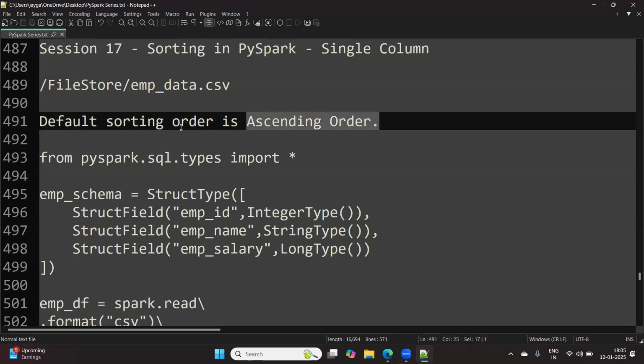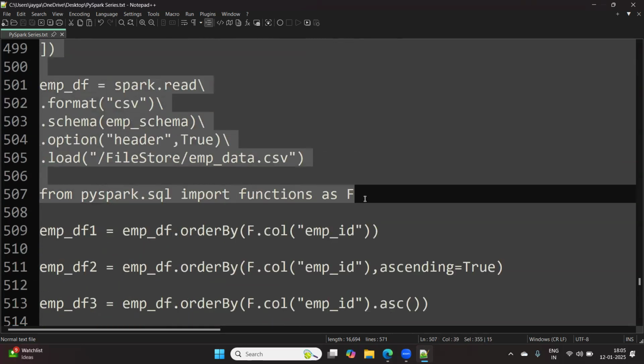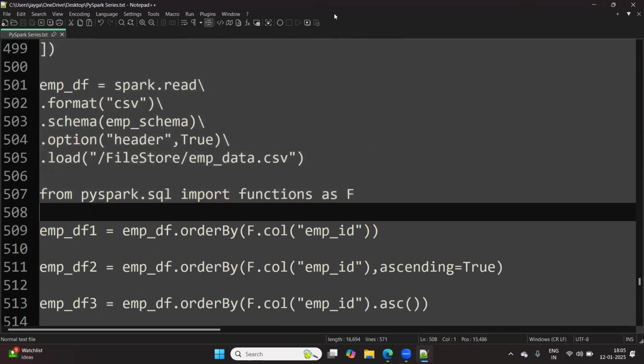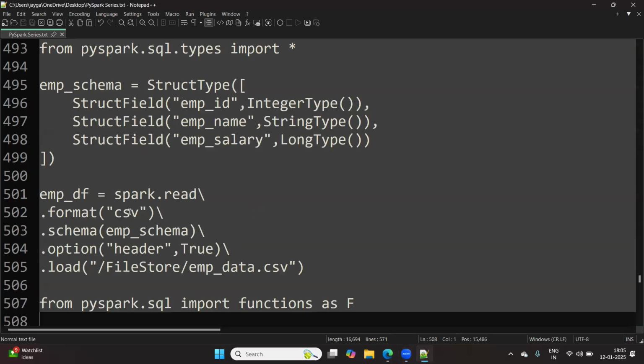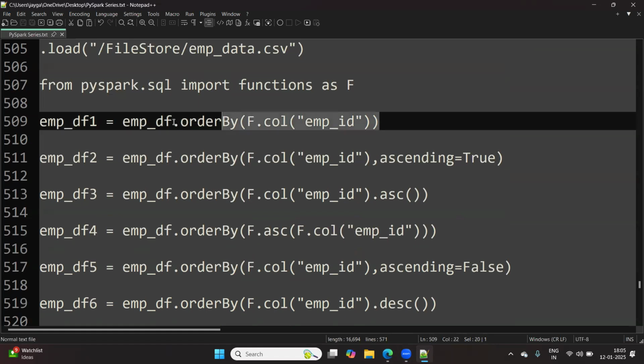So basically, the default sorting order is ascending order. We have created the data frame that we needed, usual activities we have done. As we have seen, if we don't specify any sorting order, it will do sorting in ascending order. And the first transformation for sorting we have seen is order by. So we have seen multiple ways to do